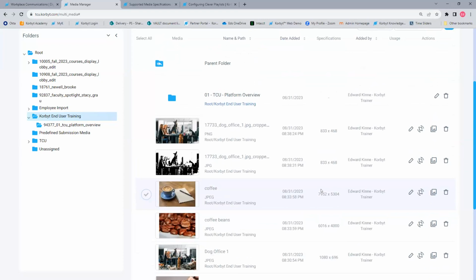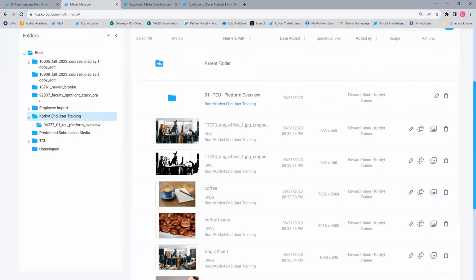And Ed, we have another question about, is there a deleted items folder or trash for the media manager? Once it's deleted, it's gone forever from Korbyt. So if you want to bring it back, you'd have to import it back from wherever the source was. Yep. There's no recycling bin, no trash bin anywhere in Korbyt. So gone is gone.